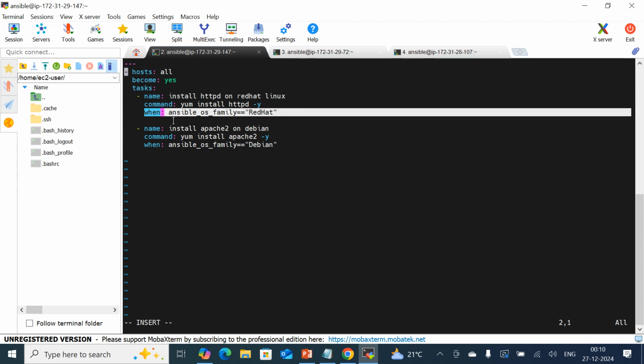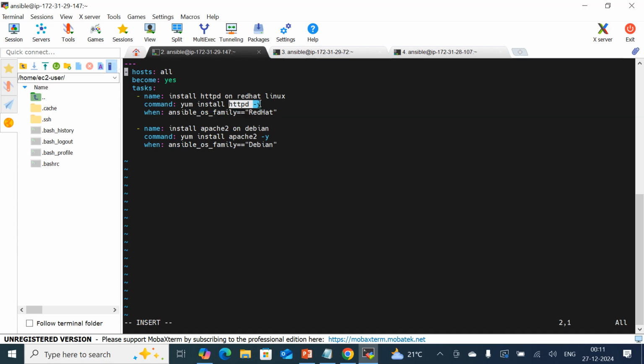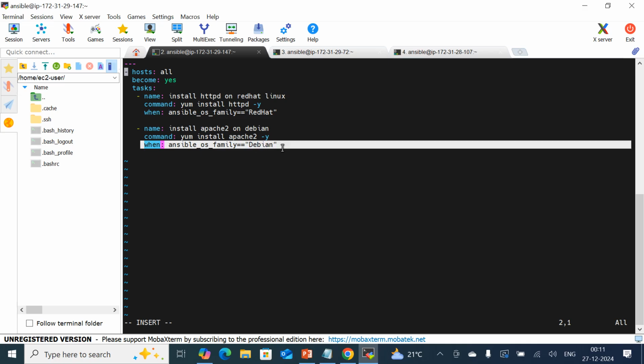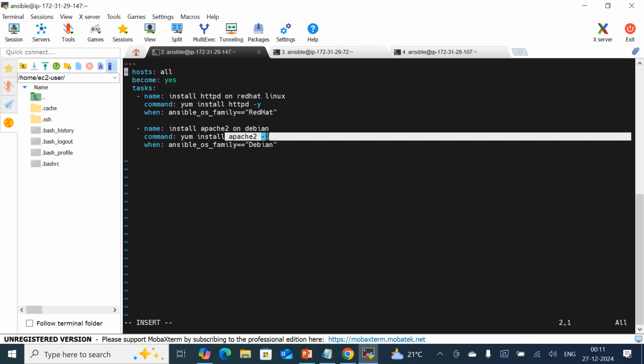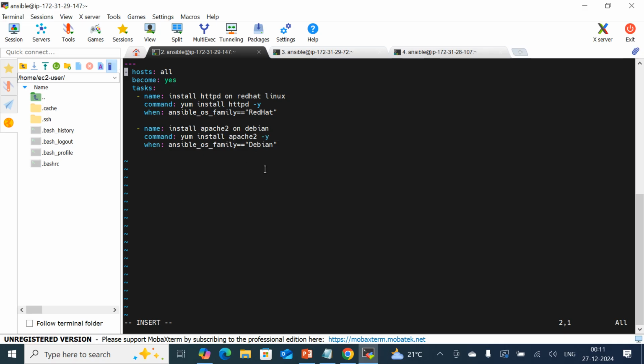Here, as I mentioned in the statement, it is going to install HTTPD on Red Hat when ansible_os_family is equal to RedHat. If the OS family is Red Hat, it is going to install HTTPD on the Red Hat machine. If the OS family is Debian, what is it going to install? The Apache 2 web service on the targeted server. Okay, just simply press escape,